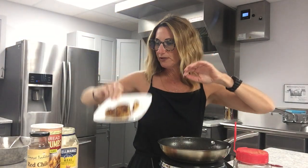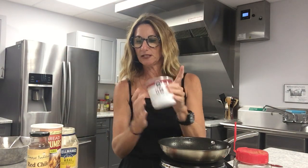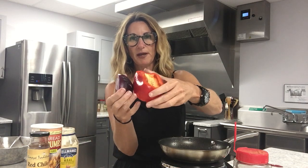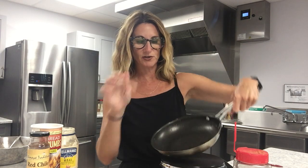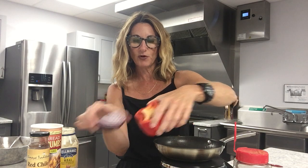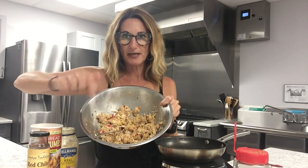Yep. So a couple of ingredients real quick, this is Publix claw meat. No big deal. I sauteed some red pepper and some onion in this nonstick pan before I even got started. So that was the first thing I did. I chopped them, and I sauteed them in a little bit of oil, and I got them soft, and then I took them out. And then I mixed the crab and a little bit